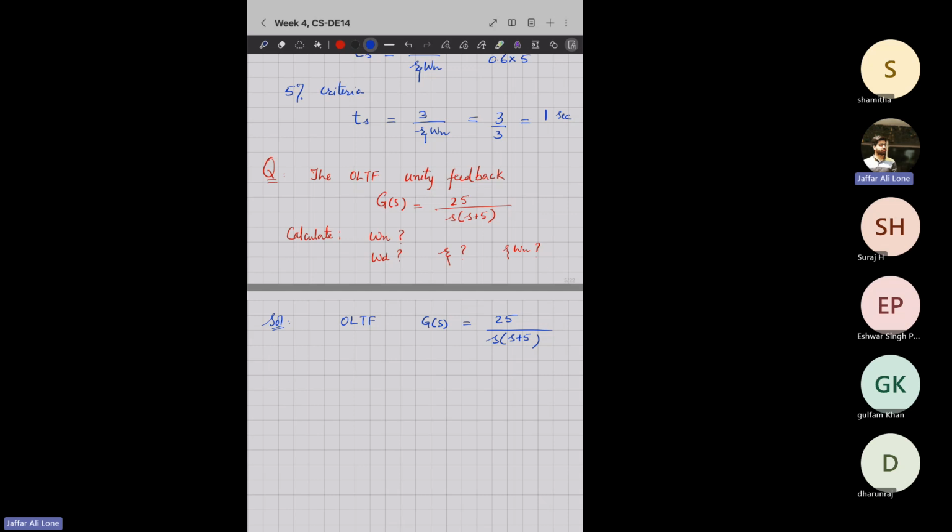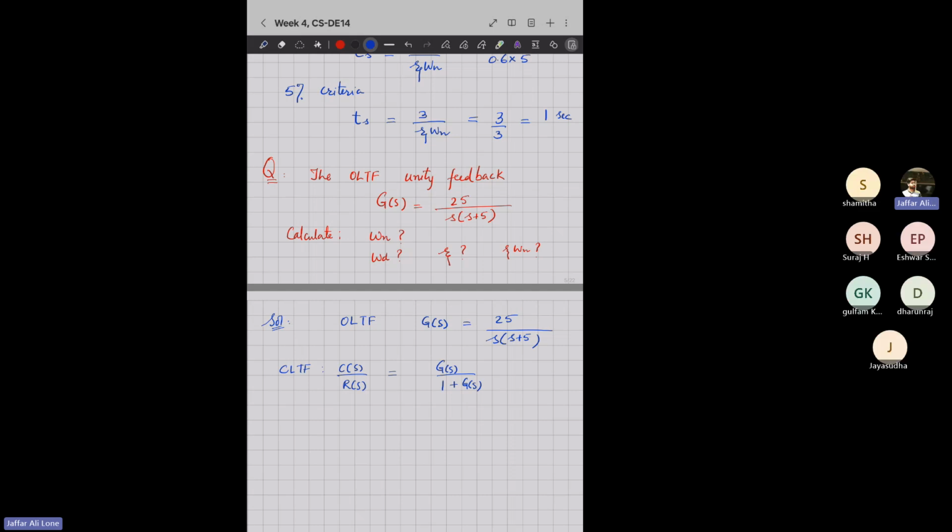So what will be my CLTF? CLTF, that is C(s) over R(s). That will be G(s) divided by 1 plus G(s),